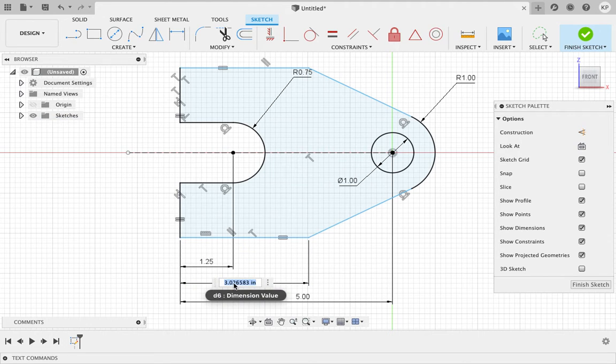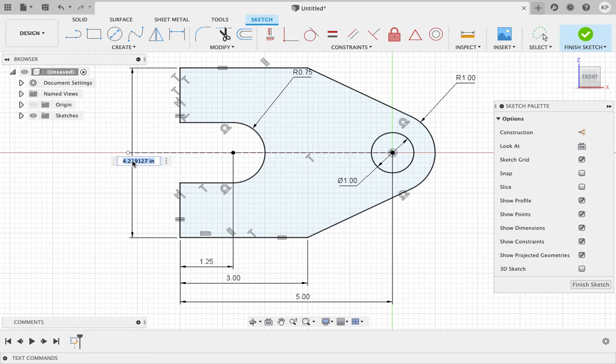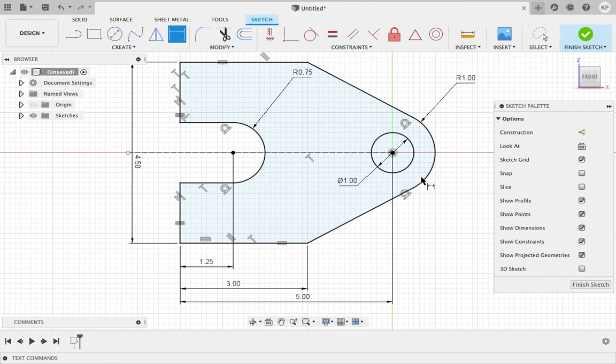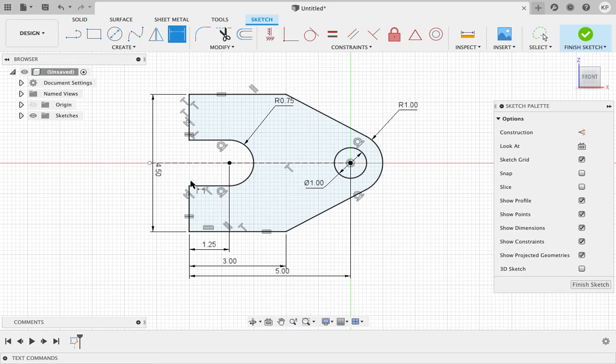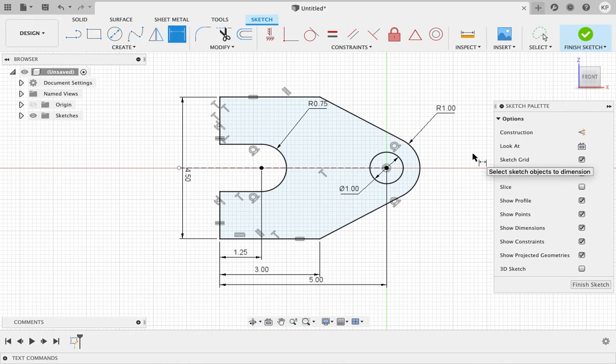This line we want to make 3 inches. And our total height, let's make that 4.5. So with just a couple dimensions and using those geometric constraints, which is always the better option, we have this fully locked down. So we can look at sketches in any view, but you want to hit the E